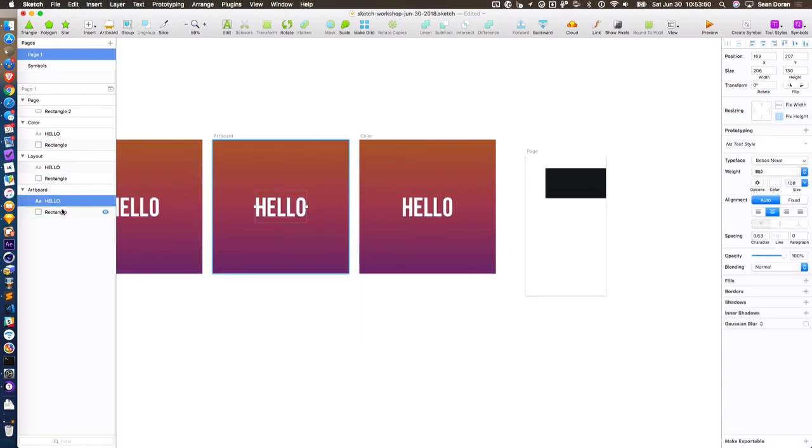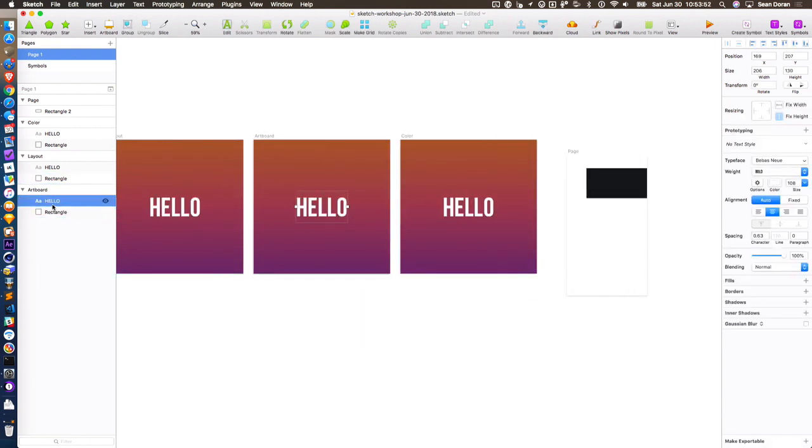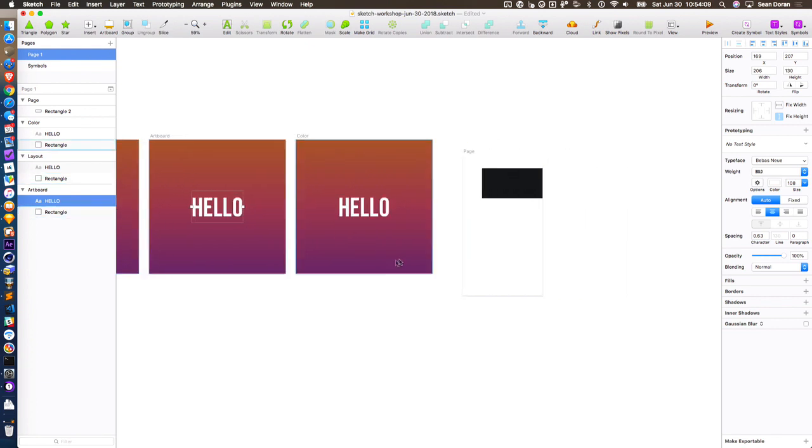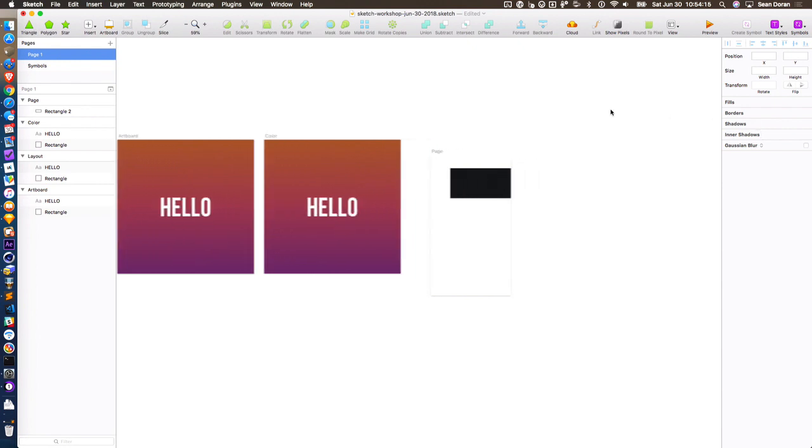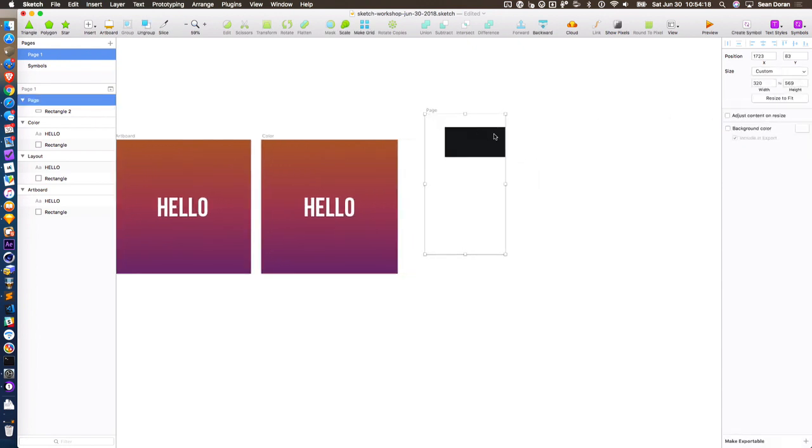Cool. So that's how you find things. And if you notice these artboards over here, there's hello and then a rectangle. You can then organize them by dragging them, dropping them on top of each other. The thing on the top of the list is the thing that will be higher up, the most elevation, or Z index if you're used to web development terms. And then on the right-hand side, this is where you're going to spend most of your life, because that's where everything